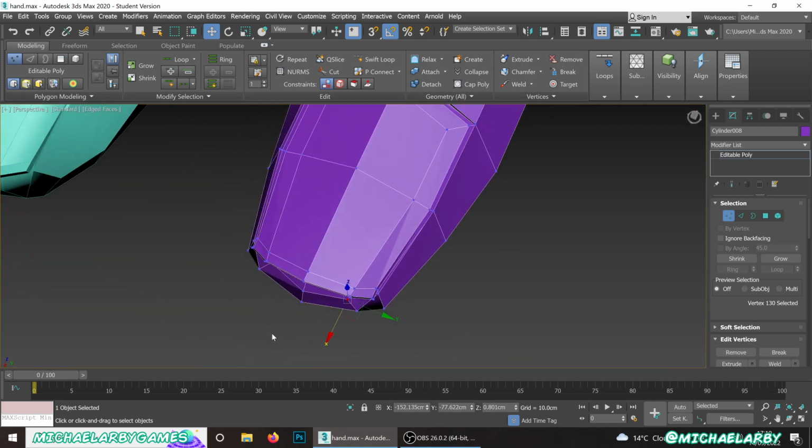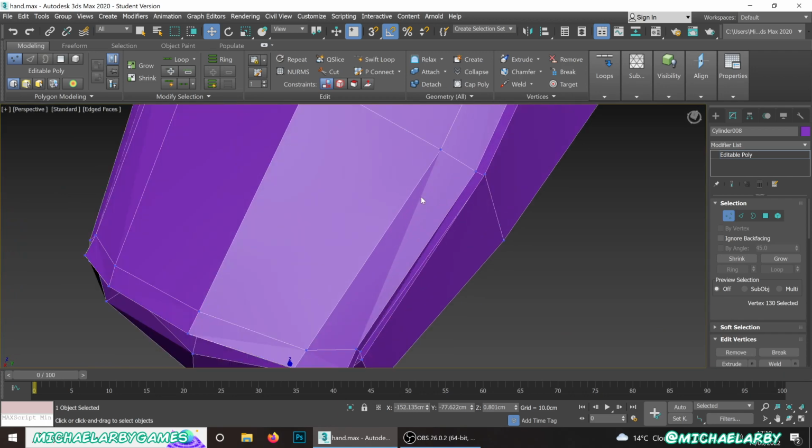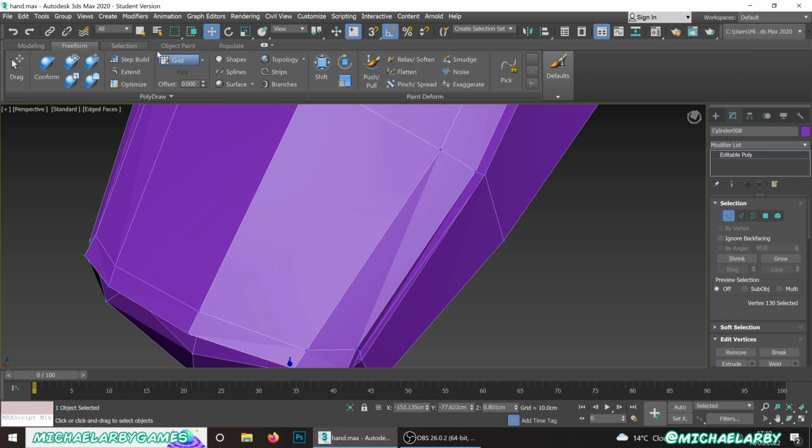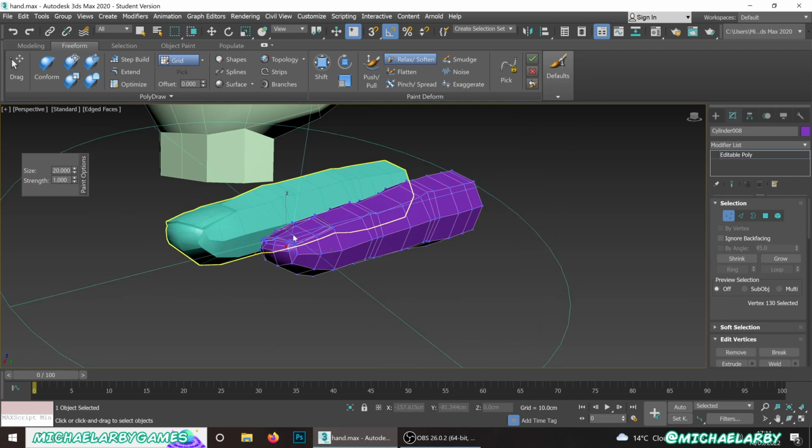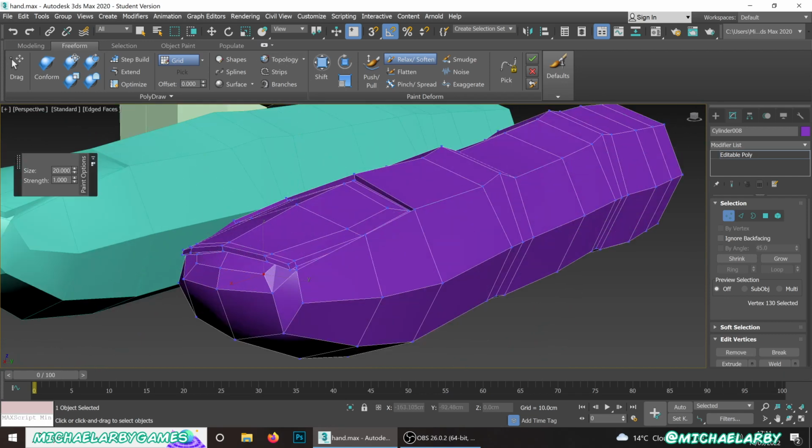Now you can see we've got a little bit of the triangulation happening here because those planes are no longer flat. If we really want to fix this, we can go to our freeform tools and go to relax and soften. We will set our strength. You'll see how big this tool becomes. That's how much it's going to relax and soften. So we're going to set the size from 20 just down to 1. Get it much smaller, and the strength, it's being funny for me here. It's not liking this. There we go. Maybe try that. Pull that down. Strength to about 0.2